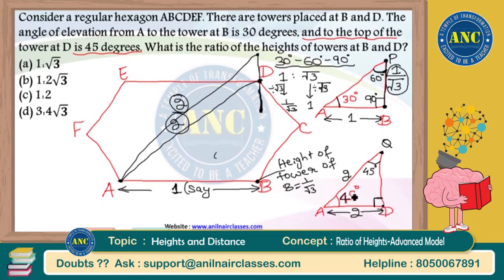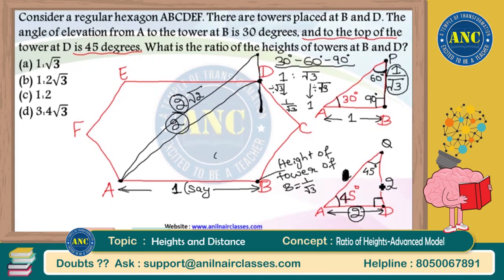Opposite to 45, if it is 2, opposite to this 45 also it will be 2. So the AQ value will be, you can assume the right angle triangle, root of 2 square plus 2 square, which is root of 8, and root of 8 is nothing but 2√2. Anyway, that value is not needed. That means opposite to 45, if this value is 2, opposite to this 45 also is 2. That means the height of the tower